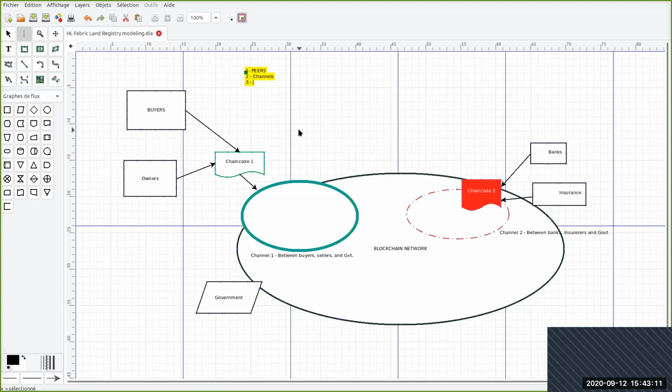Number 3, we have the chain codes or smart contracts. And second, we have the consortium mechanism or the permissions. Let's call it permissions. We'll come to that later. So the government for this